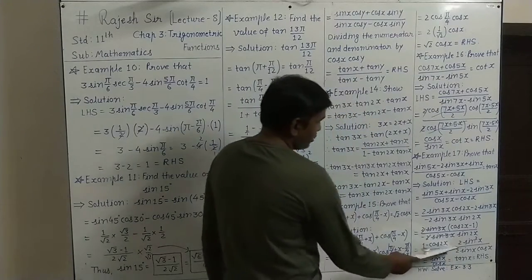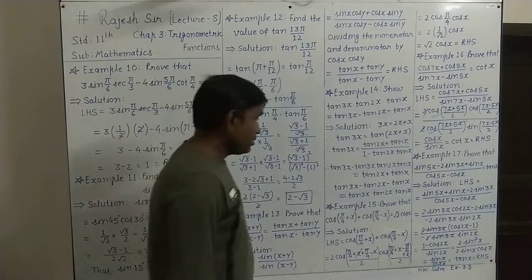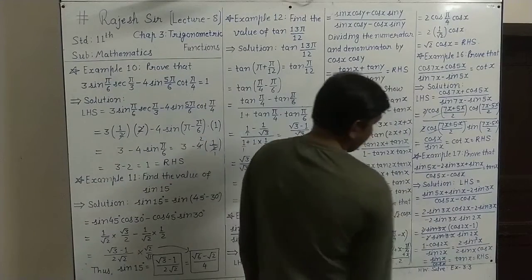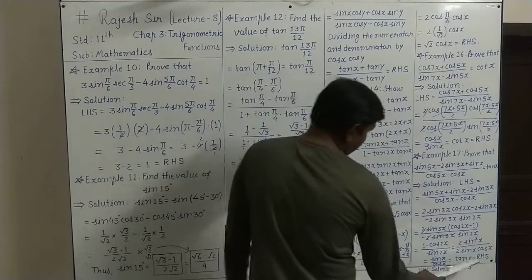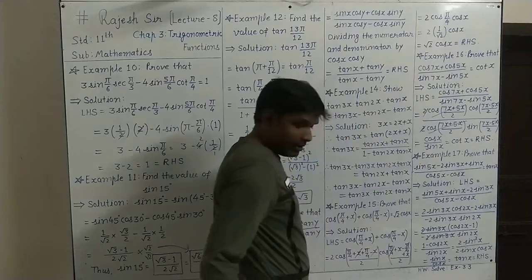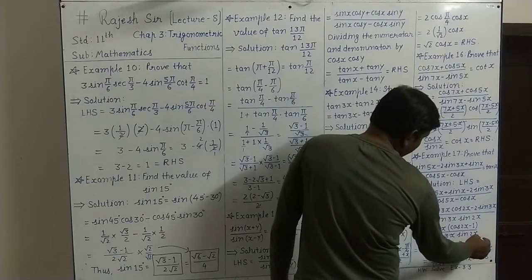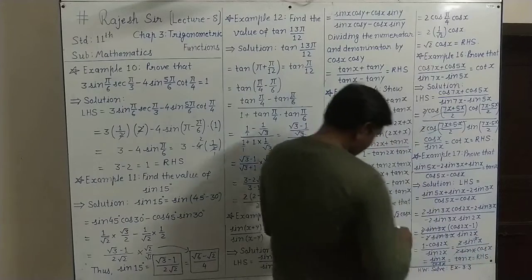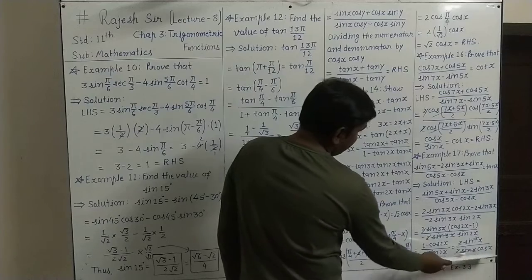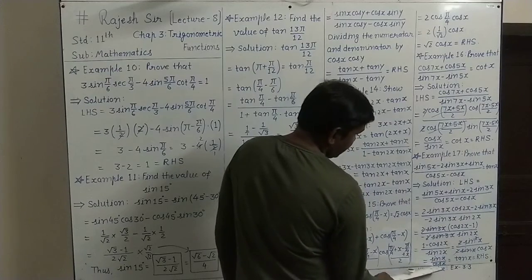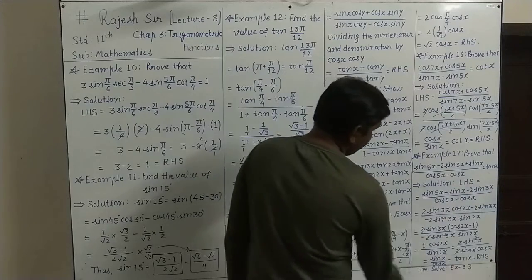Now 1 minus cos 2x, in the last lecture we have seen 1 minus cos 2x equals 2 sin square x. And down the sin 2x formula also we have seen in last lecture, 2 sin x into cos x. So up and down, 2 cancel, up and down 1 sin and 1 sin is cancelled. So what is remaining? In numerator sin x remaining and down there cos x remaining. Sin x upon cos x gives tan x, and that is only what we wanted. So it is the right hand side we got.